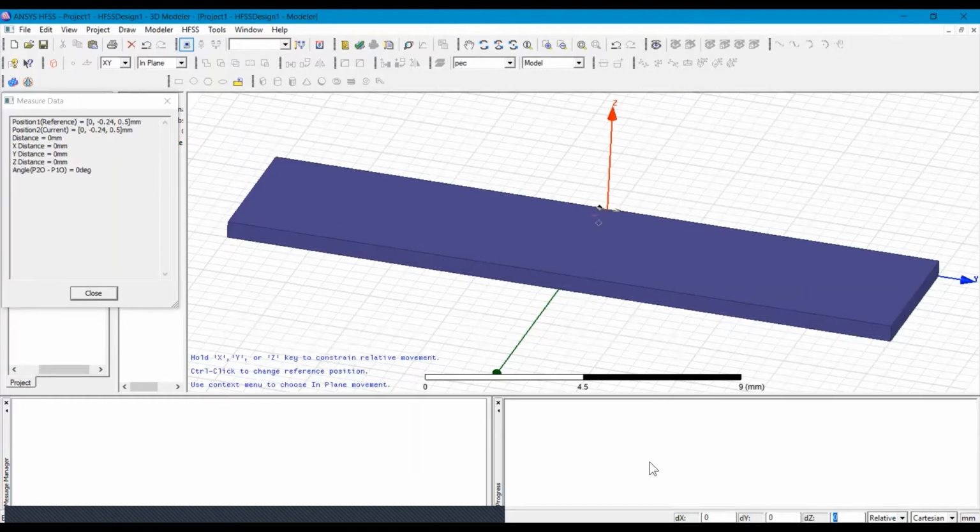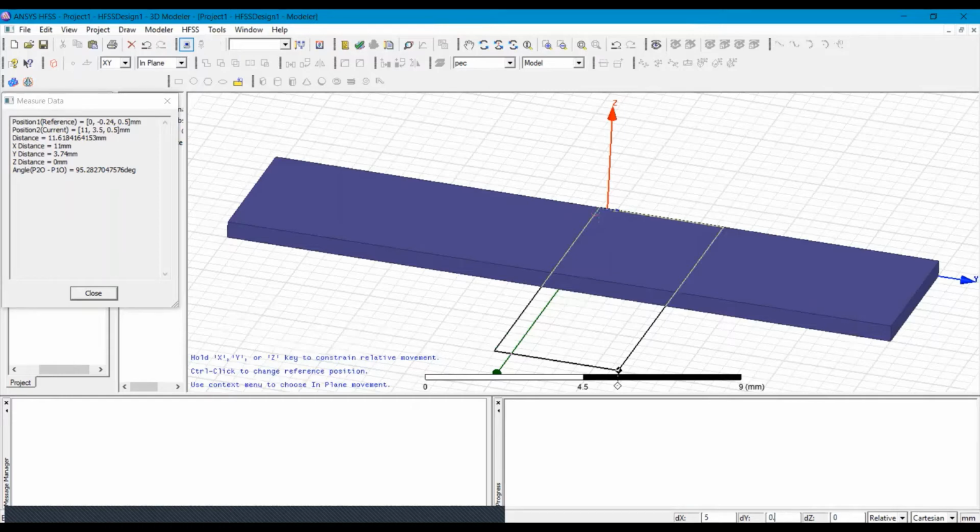So here we can see that we got the coordinate of this point, and now we will give the dimension. The dimension is 5, and this is the width of the substrate. In our case it is somewhere in between, 0.46.